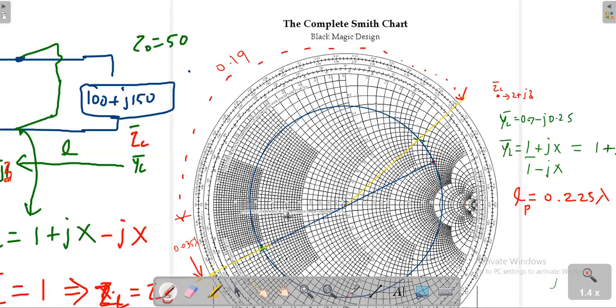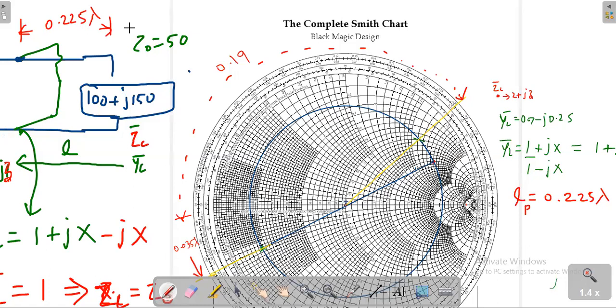Okay, this is the position of the stub. Yes, sir. Any mistake? Okay, because once if you know lambda, then it will give you some realistic number. Once if you know the lambda value, this will give you some realistic number in terms of centimeter or meter like that. That's okay because that is giving you the length.